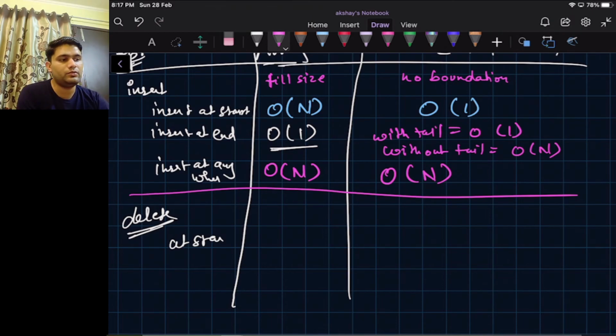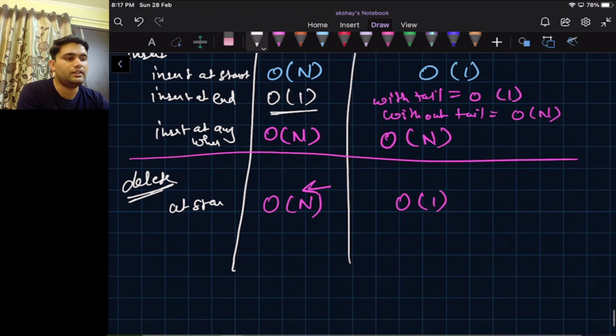In case of an array we have big O of n, because when we delete the first element we need to do left shifts in the array to cater the difference. But in case of a linked list, deletion from head is big O of 1, because we do it in a single statement: now head is pointing to head dot next.